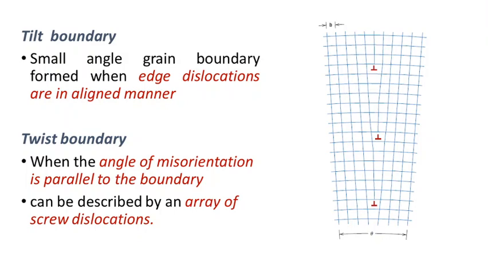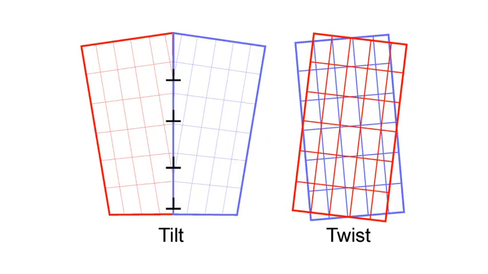They are not actually boundaries, but they can be considered as boundaries. Actually they are linear defects, but a group of linear defects aligned in such a way that they form a tilt boundary or a twist boundary. The actual observation of a tilt and twist boundary is projected in the figure.